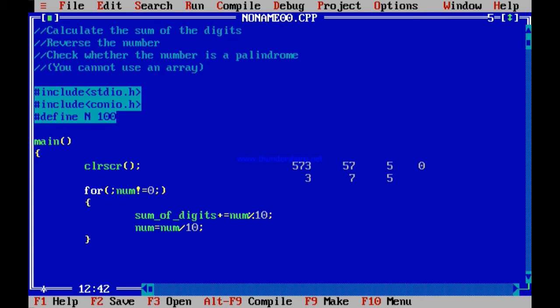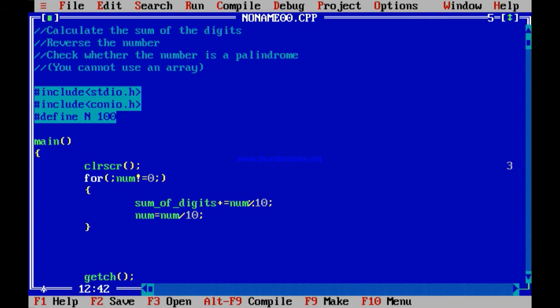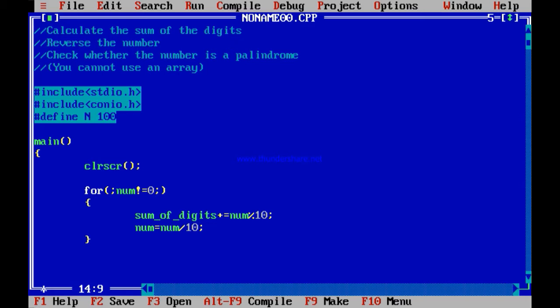One small change, I will get rid of this because this might confuse. Now one thing that I will tell you, like I told in the previous program also, let us not disturb number, let us not change the value of number. Number contains the original number. So assuming that I will scan this number within a variable called number, let it remain as it is. Instead, let us take a variable called temporary number and copy number to it. Whatever I do, I will do it on temporary number.